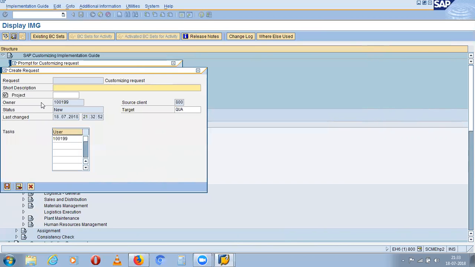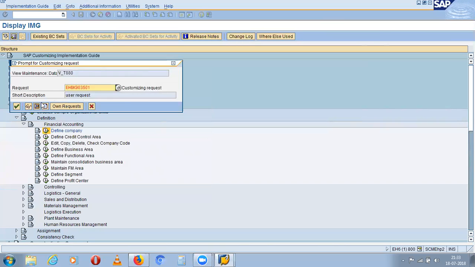So specify user request, and press enter. Okay, click on that tick mark.